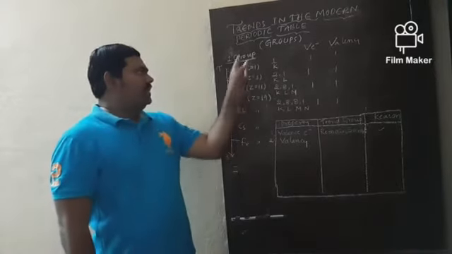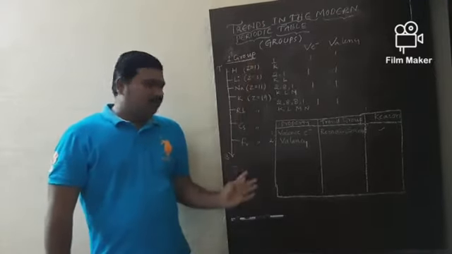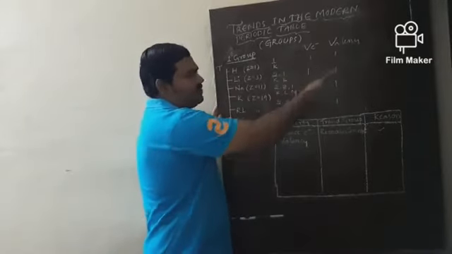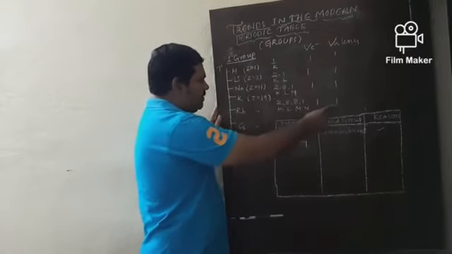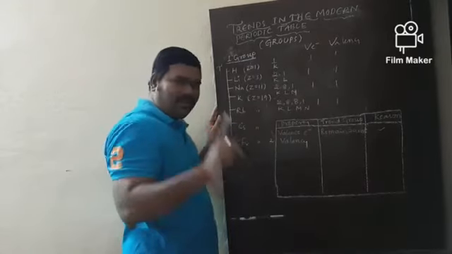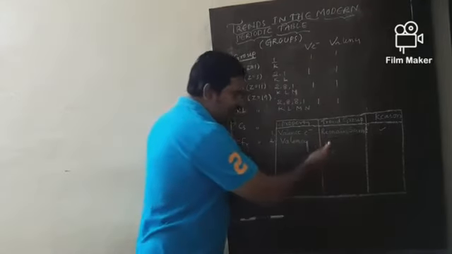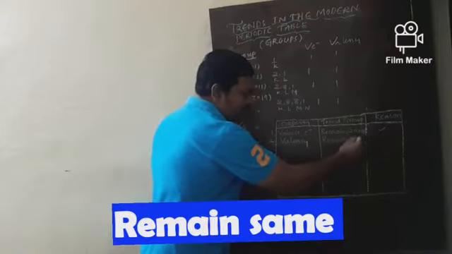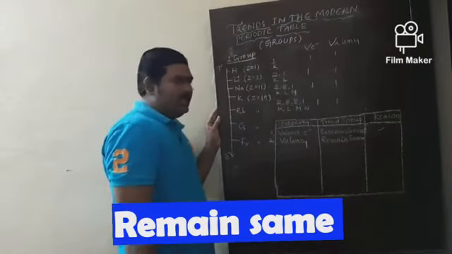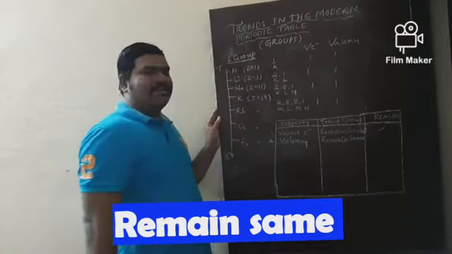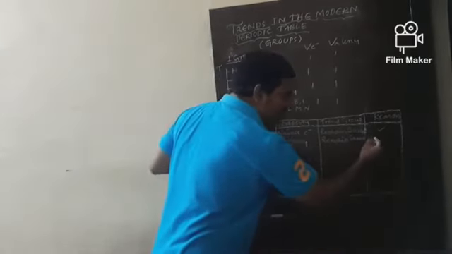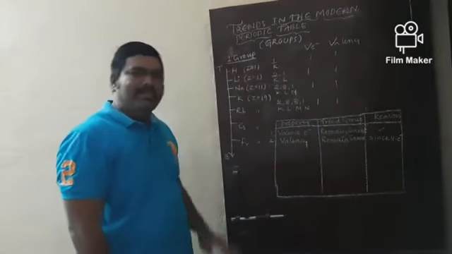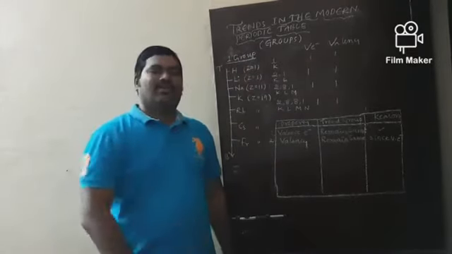How does this valency vary in a group from top to bottom? The valency of hydrogen is 1, lithium also 1, sodium also 1, potassium also 1, even rubidium, cesium, francium also 1. So what is the trend observed here regarding valency? Valency also remains same from top to bottom. What is the reason for that? Why are valencies same? Since valence electrons are same, because valency always depends on valence electrons.